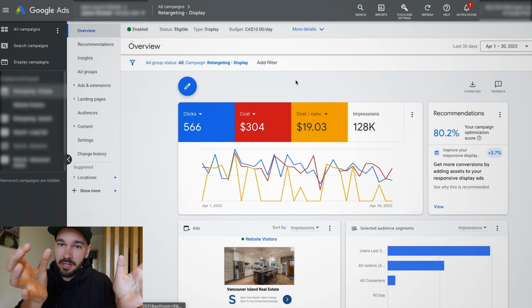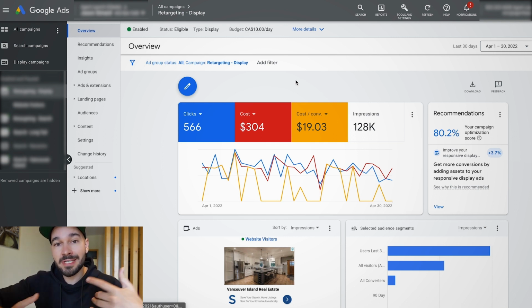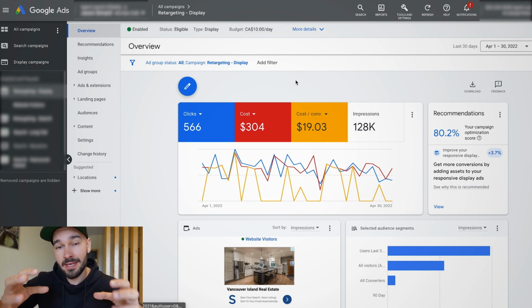We're trying to focus on the people that used your website and at some point maybe forgot about it. Maybe they ended up going to a different site, and we want to keep them coming back to your site and using it. Because you want to make your website sticky. And a big part of the process, at least in a real estate context, is to get people using your